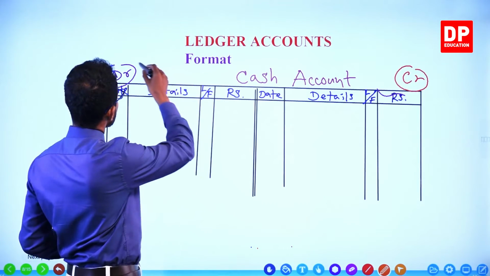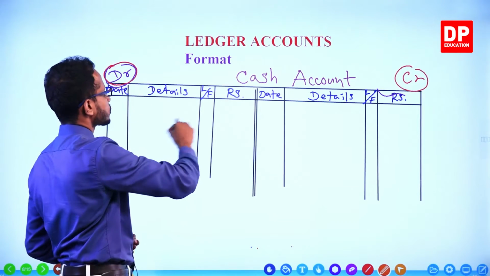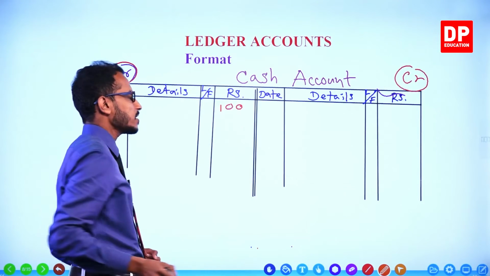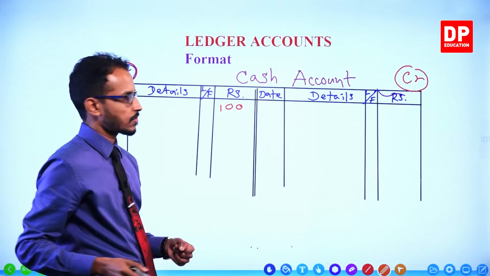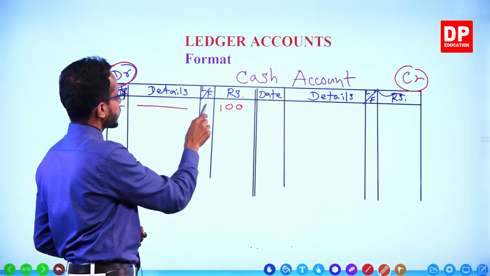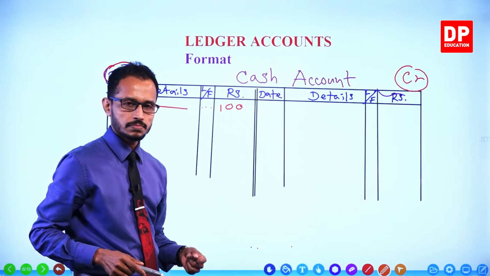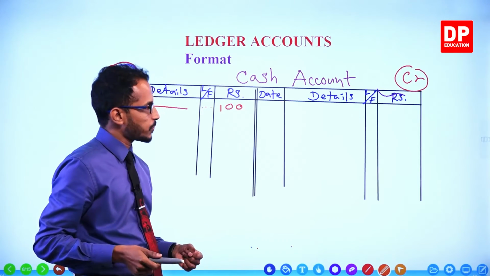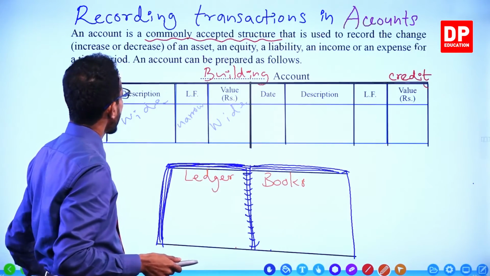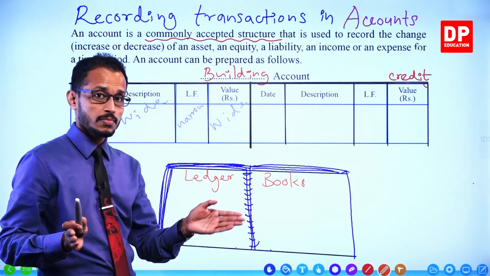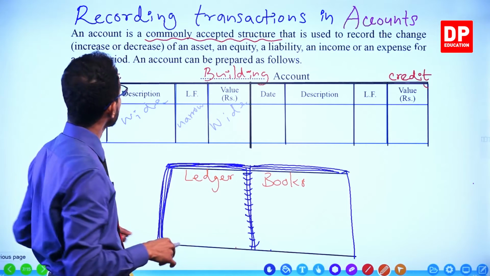Yeah, so this is the debit side. You put the 100 here. And how to fill the date and the details and ledger folio, we'll learn. Just to show you how that debit credit rule is applied,